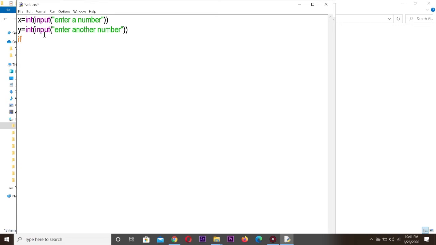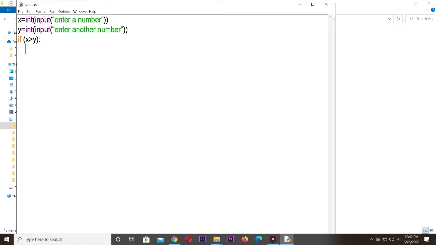So you know the syntax. If, leave a space, then we have to give the condition. What is the condition you want to give? x > y. We are checking the condition as x greater than y and put a colon. Here definitely we should give a colon at the end. The condition can be given within parentheses or without parentheses. It is optional. In C++ programming, the condition should be given within parentheses, it's a must, but here it is optional. If you want, you can give it like this, or else you can also add the parentheses.